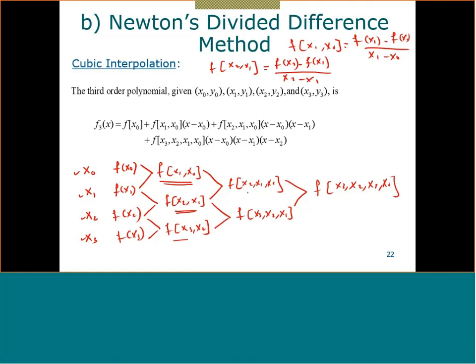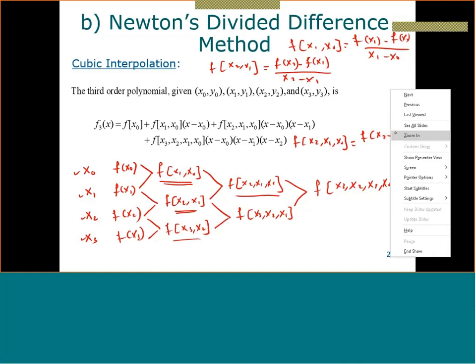Now, how can I find f of x2, x1, x0? This is nothing but, again, this minus this, which we already calculated from the previous step. So this is f of x of 2,